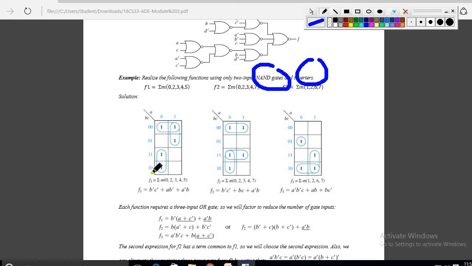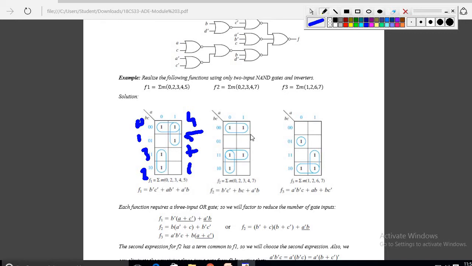So first I am writing this one. How I need to write: first, the decimal notation, you should know already, should be like this: 0 1 2 3 4 5 6 7. It should be like this, the decimal notation. So 0 it is 0, 1 it is 1, 2 it is 1 and 3 it is 1, 4 5 is 1 and the remainings are 0. Is it clear?